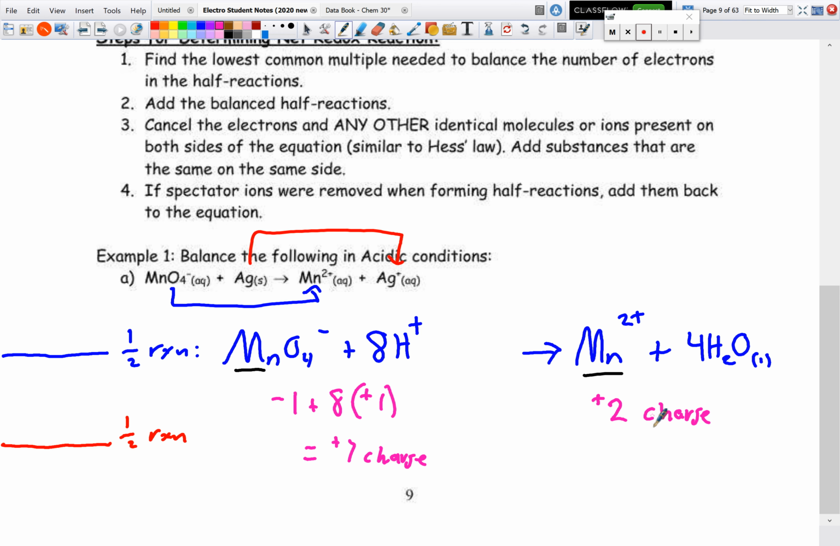on my product side. Now of course I can only add electrons, so in order to bring my reactant side down to match the charges right here, I need to add 5 electrons, right? Because +7 plus a -5 will give me a +2, and that's how both of those sides can equal out. Now, filling in what we just created here, we have our 5 electrons on our reactant side, so this is obviously my reduction